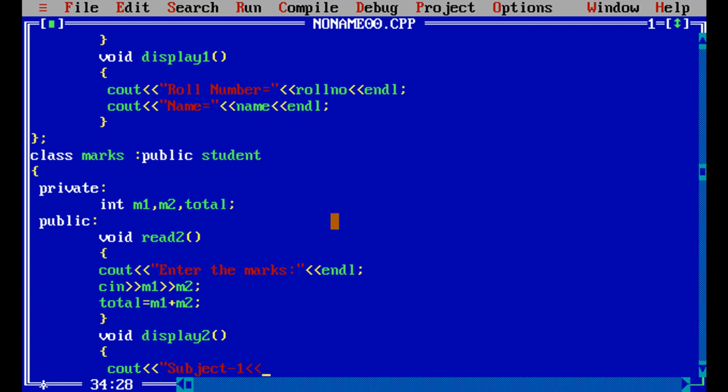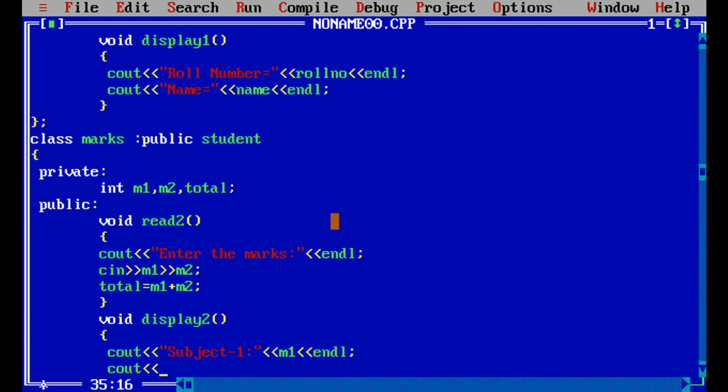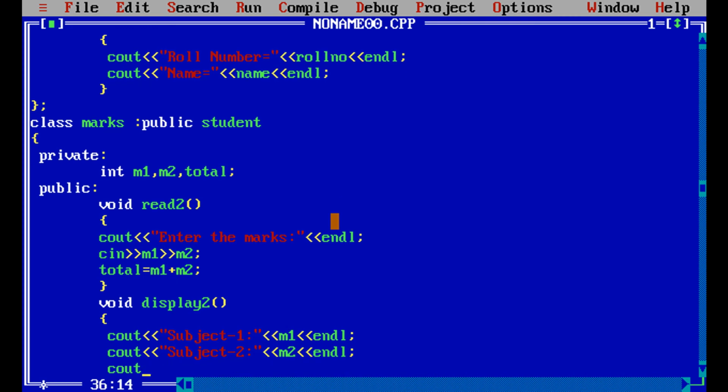Subject 1 marks are stored under m1 and endl, and subject 2 marks are stored under m2 and endl, and the total marks of the student, that is m1 plus m2, are stored under a different variable called total, and endl for this.